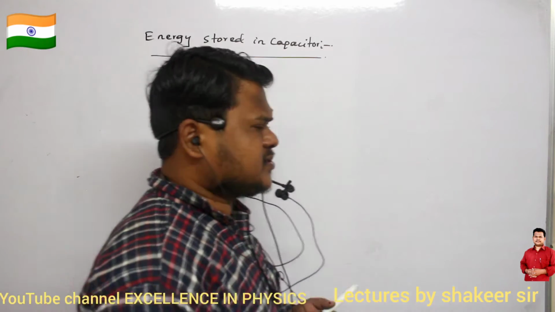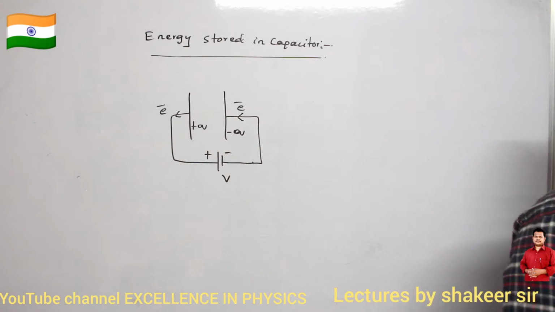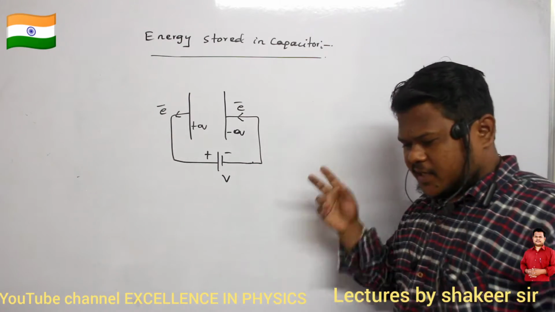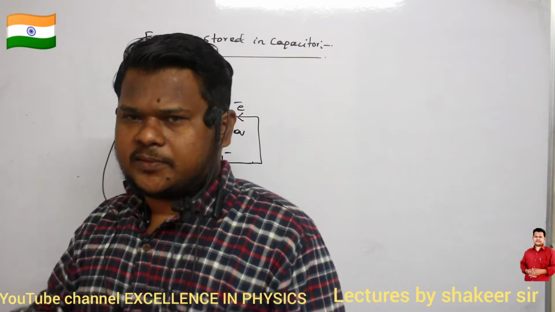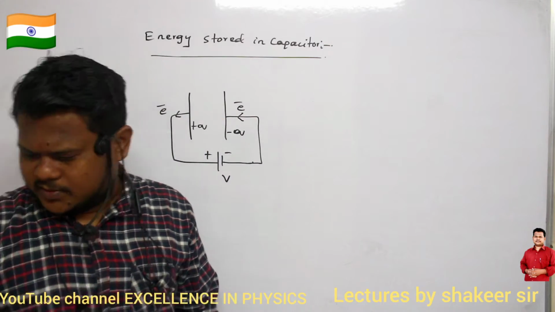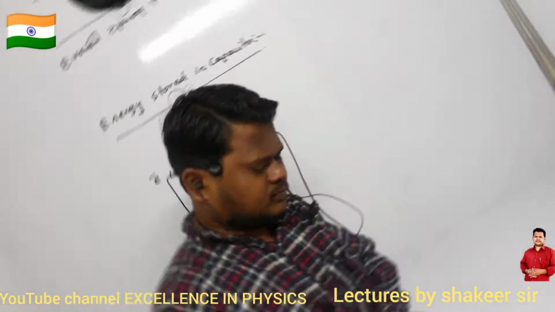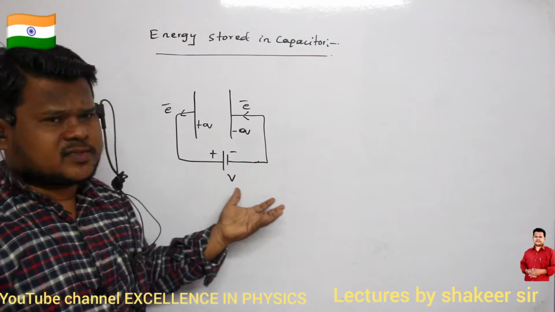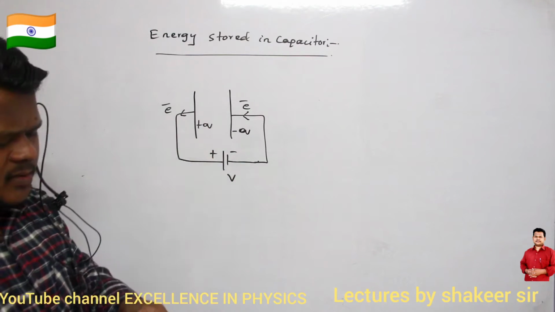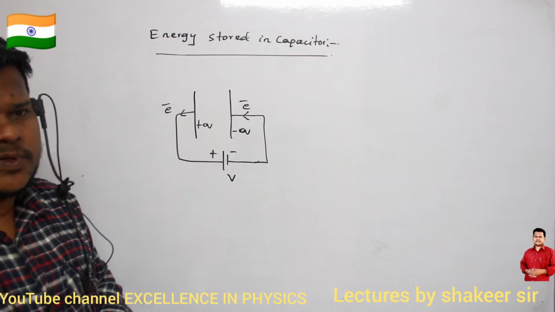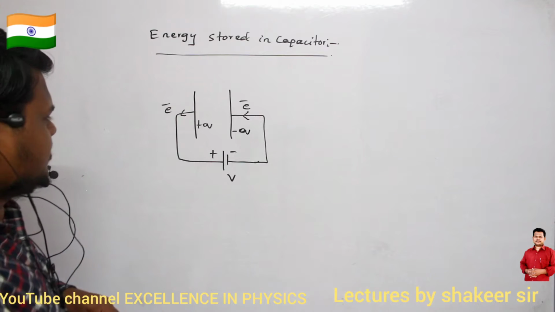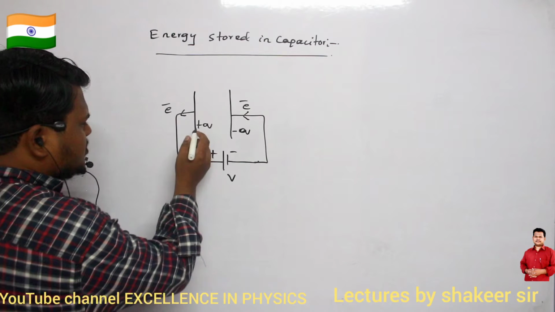Can you say what is the reason? To transfer one electron, I can do work very easily. But to transfer a second electron, I have to do some work. What is the reason? Can anybody say? To transfer one electron, it takes less amount of work. But to transfer the next electron, I have to do some more work. What is the reason? Repulsive forces are existing, or instead of repulsive forces I can say, because this is